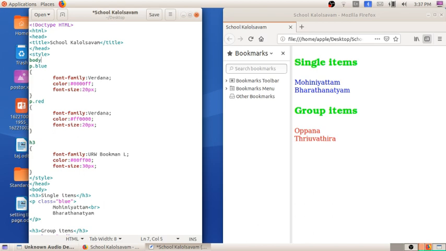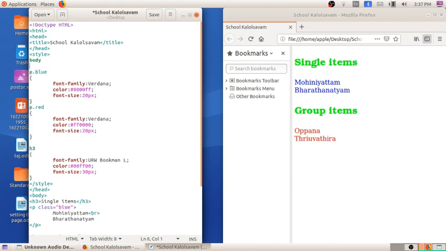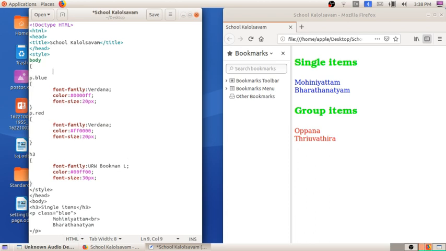body. The same tag that we use is used for applying the style also, and type selectors are used here. You can name it type selectors in cascading style sheet, because we are not giving different classes, we are not dividing it into different classes. A single color is given in the body. So under the body, open the bracket, put a tab and write background, and this background is equal to